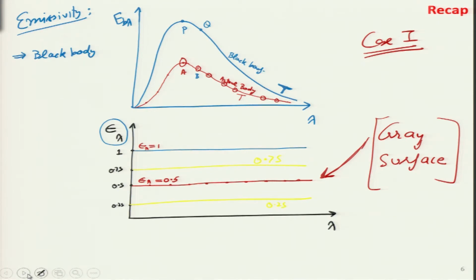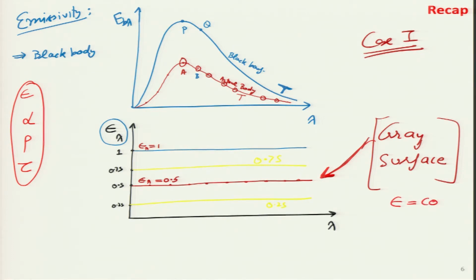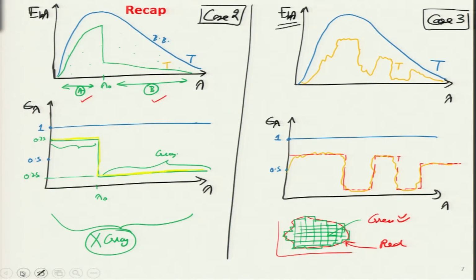Then we looked at the physical properties of material, and we started off with emissivity, then we looked at absorptivity, reflectivity and transmissivity, and we considered different cases in order to analyze it very simply. So, in the first case we assumed over here that emissivity remains constant with wavelength, and for such material we figured out that they can be classified as a gray surface. So, wherever emissivity is constant, it may not be equal to 1, but it can be equal to 0.25, 0.5, 0.75 or any constant value, then that particular surface is known as a gray surface.